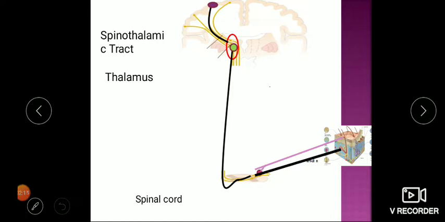Now, if you just recall the dermatomal rule, each segment of spinal cord receives multiple nerve fibers from the same segment carrying different sensations. Again, if you recall the Law of Specific Nerve Energies, each sensation is carried by a separate nerve. Means for touch, we have a separate nerve, and for pain, we have separate nerve fibers. Now, this is the nerve fiber for the touch sensation arising from the superficial area of the skin. It has a separate pathway going up to the cortex.